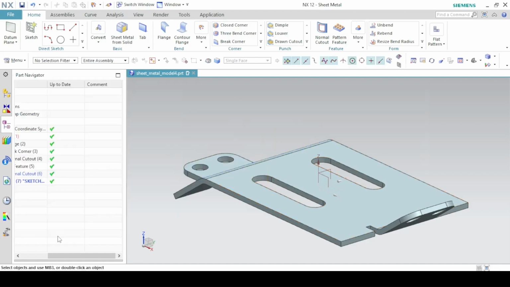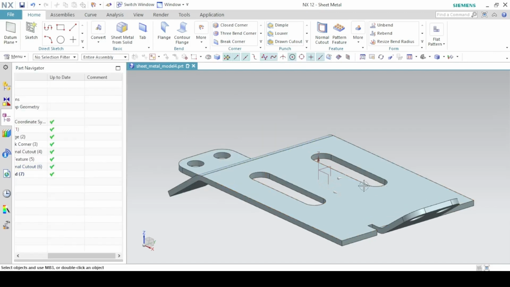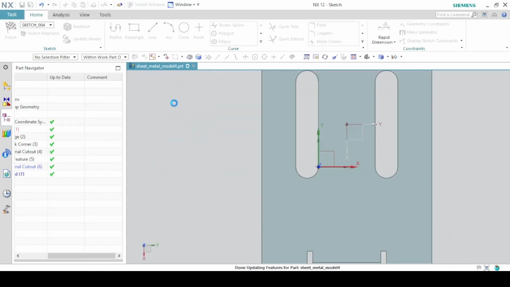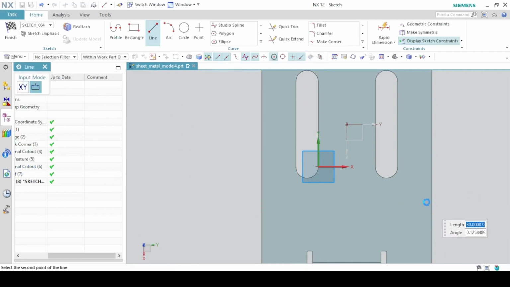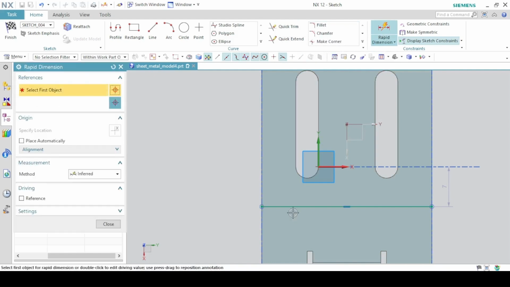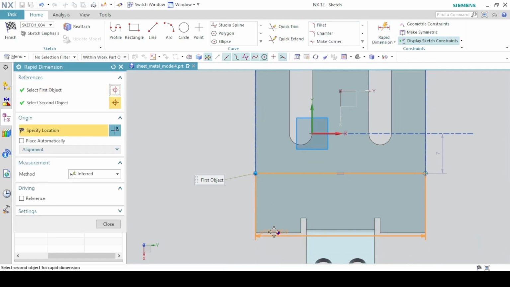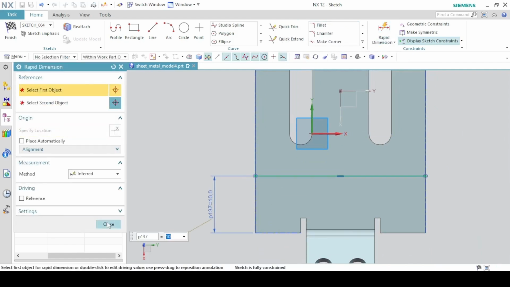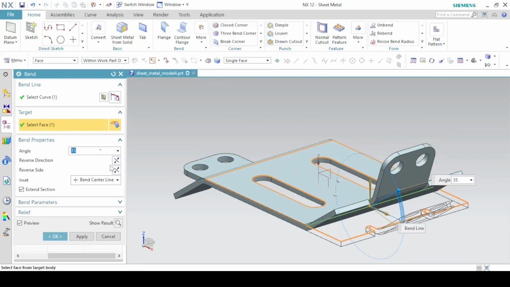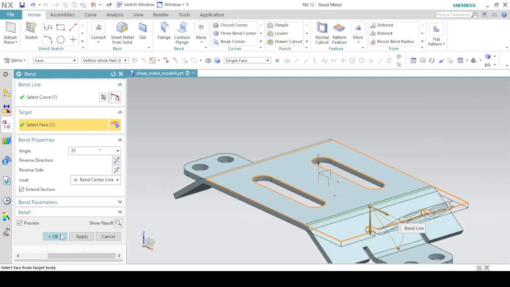Okay, then we bend the other side with the same method. Okay,